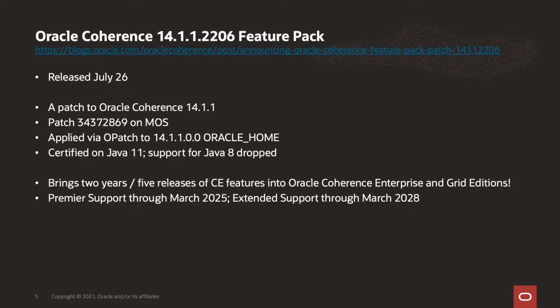And this 14.1.1.2206 feature pack is certified with Java 11. We've dropped support for Java 8 in this patch. And this patch brings 2 years and 5 releases worth of Community Edition features into Oracle Coherence Enterprise and Grid editions, the commercial editions. And I'll go into more detail on those features. This patch enjoys Premier support through March 2025 and extended support through March 2028 per the Fusion Middleware lifetime support